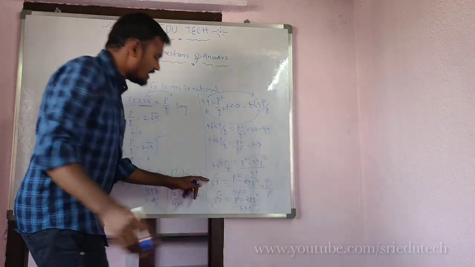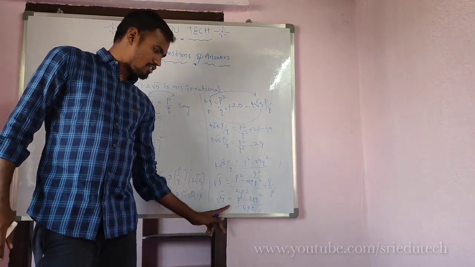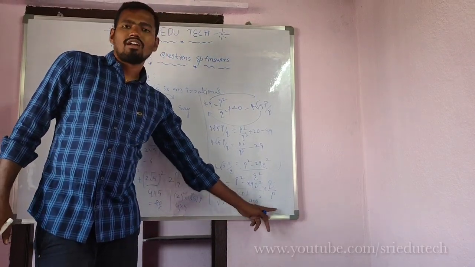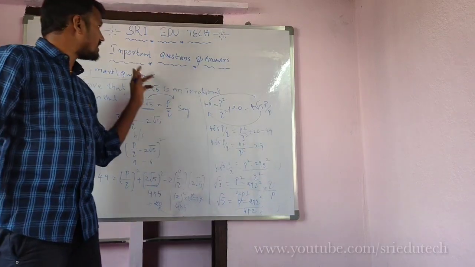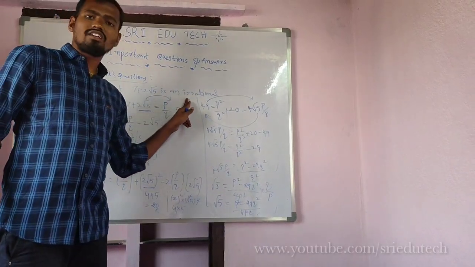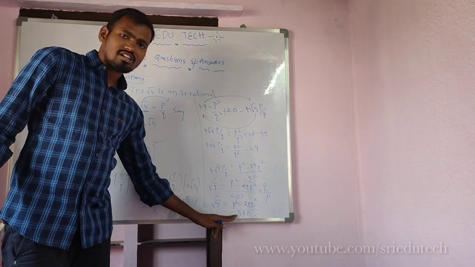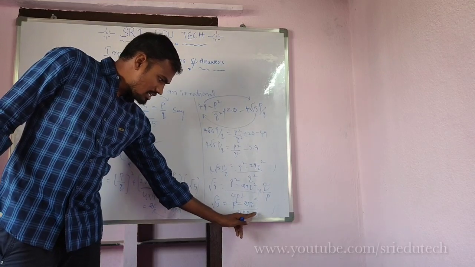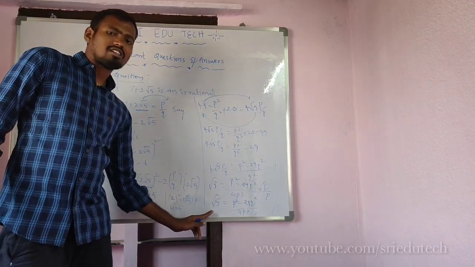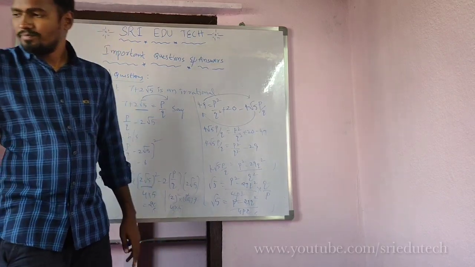Here root 5 is an irrational, that is equal to (P square minus 29 Q square) by 4PQ, which is a rational number. So what is asked here? This number, showing that it is irrational. See here, root 5 is rational. This (P square minus 29 Q square) by 4PQ is irrational, equal to root 5. Clear? Right.